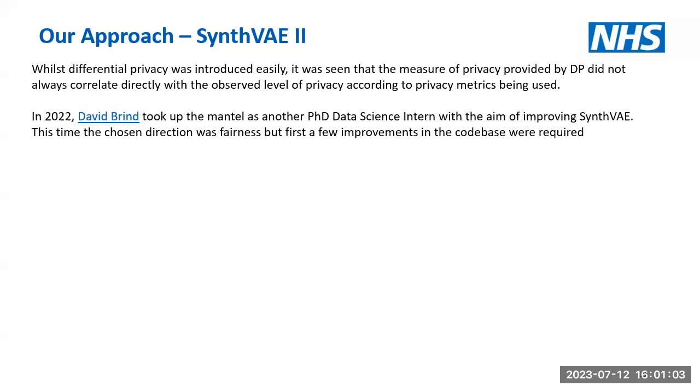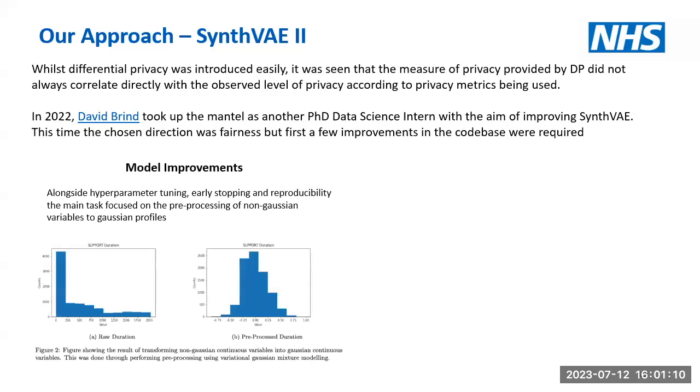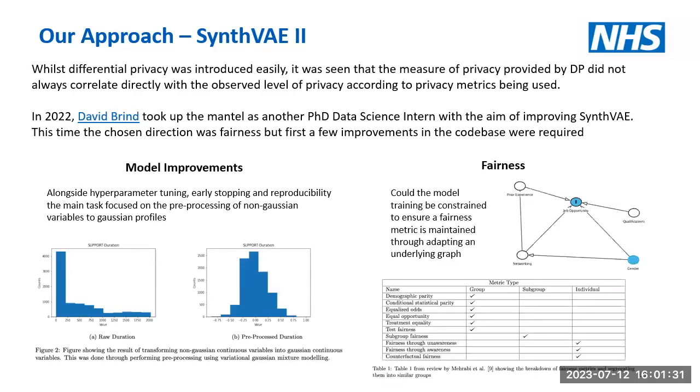Well, in came David Brind in 2022, and he extended the model to include a Gaussian mixture model. And this is essentially where you can take a variable like this, you apply your Gaussian mixture model, and it takes different Gaussian components, puts them all on top of one another, and you can simulate this profile, but in a Gaussian form. And this then allowed our VAE to be able to sample from those appropriately. There's still some issues with that at that point because it was developing. And so we decided to stop at that point,